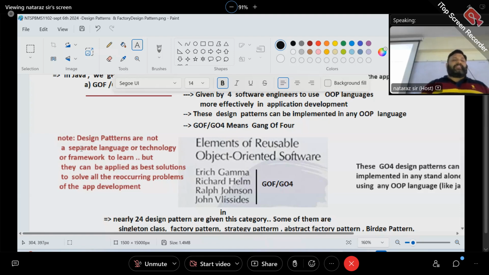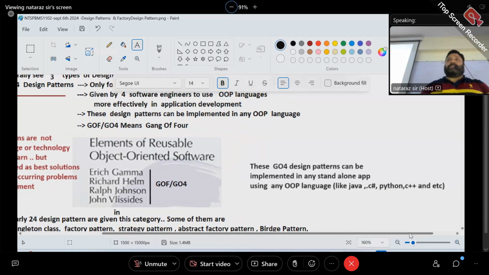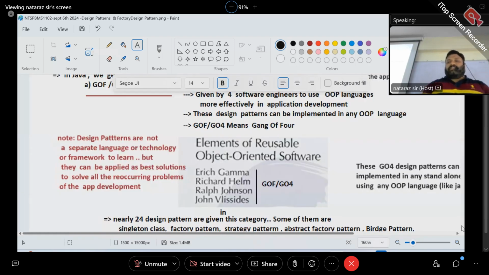Design patterns are not a separate language or technology framework to learn, but they can be applied as the best solution to solve all recurring problems of application development. Super, guys. The Gang of Four design patterns can be implemented in any standalone application using an OOP language like Java, C#, Python, C++. Okay, why is C not there? C is not a